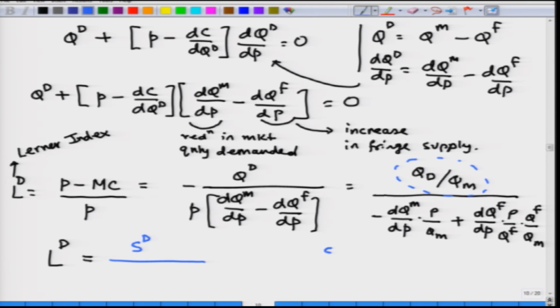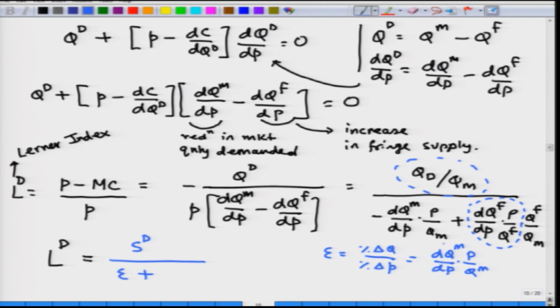We know that the elasticity of market demand is the percentage change in quantity demanded resulting from a percentage change in price, which essentially is dQ dP times P by Q. It is just that we are doing it for the market demand. So, I have a Qm here. So, this is basically the price elasticity of market demand,